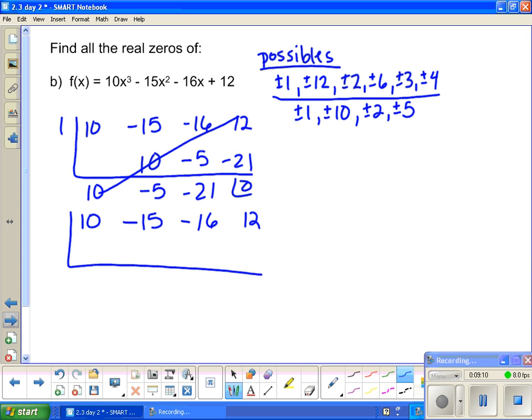All right, so it seems like 1 didn't work, but it seems like it was right on the right pattern here when I look at that negative. So I'm going to try a positive 2 next. Bring down the 10, multiply, add, multiply, add, and look, there's my 0. So my first 0